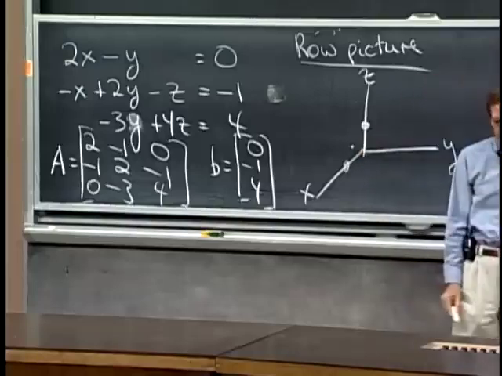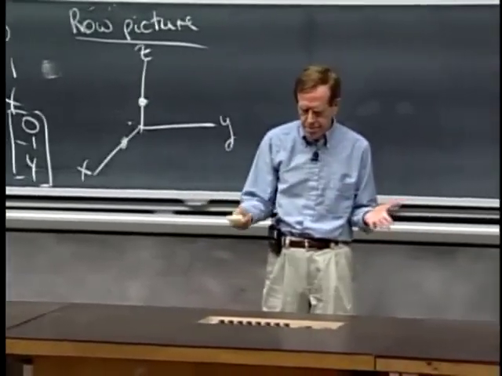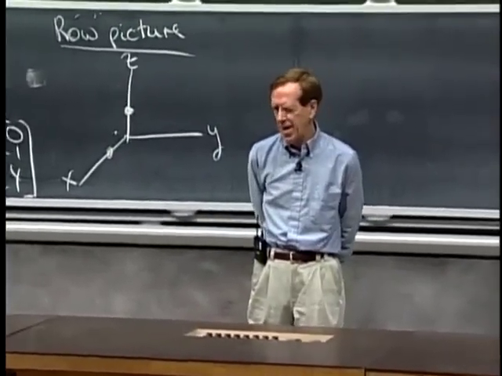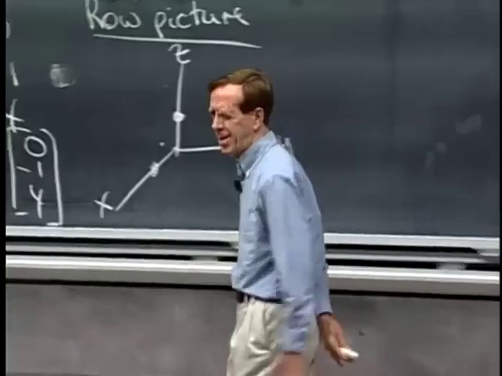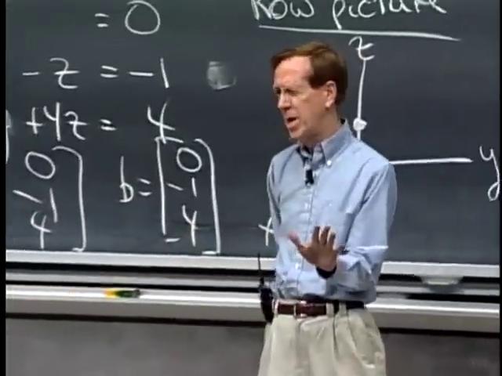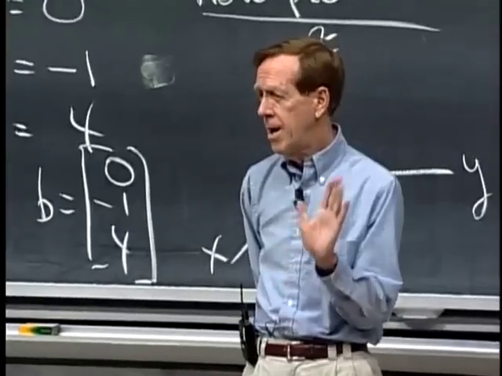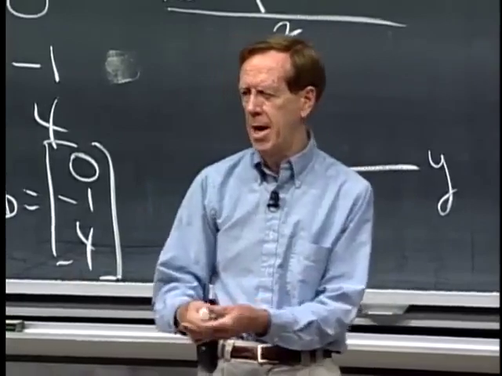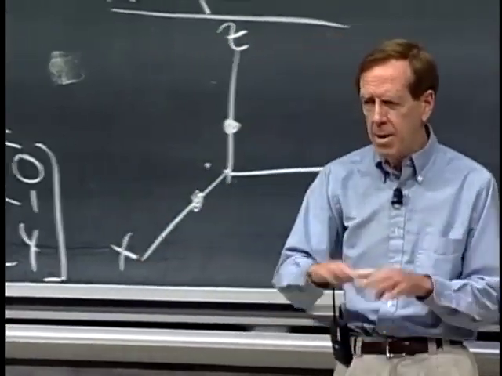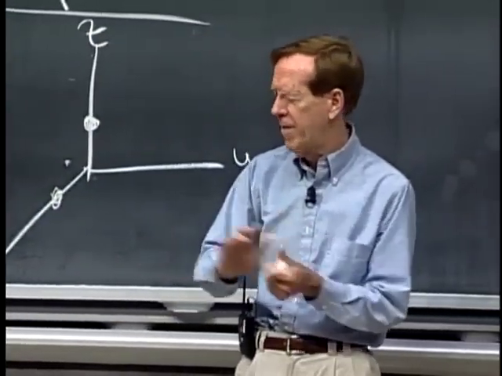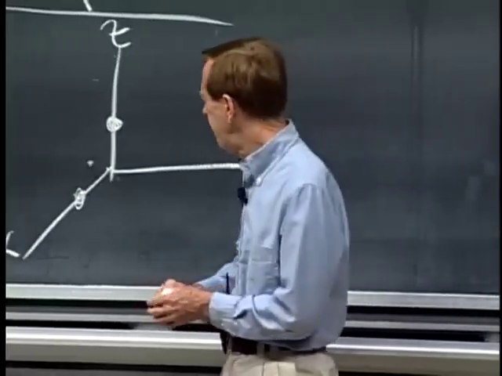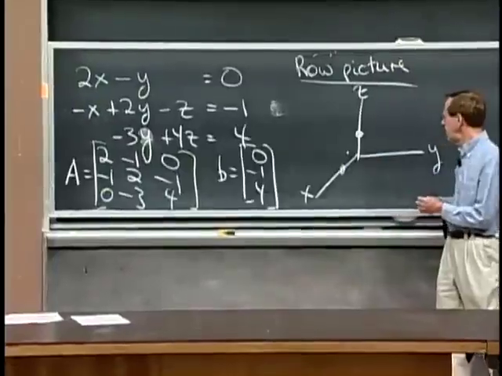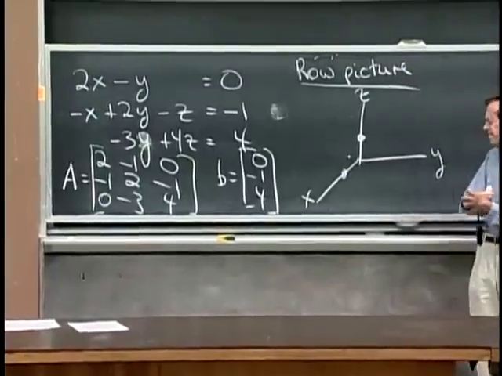Let's see. I want to put in all the points that satisfy that equation. Do you know what that bunch of points will be? It's a plane. If we have a linear equation, then fortunately, the graph of the thing, the plot of all the points that solve it, are a plane. So these 3 points determine a plane, but